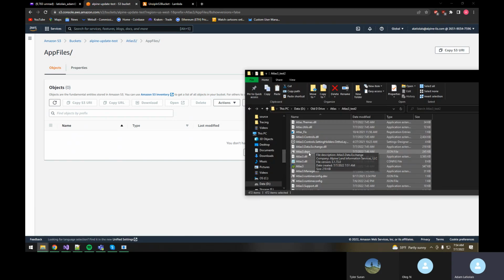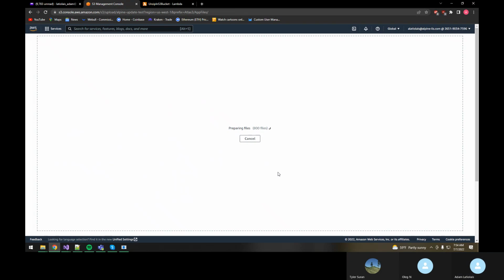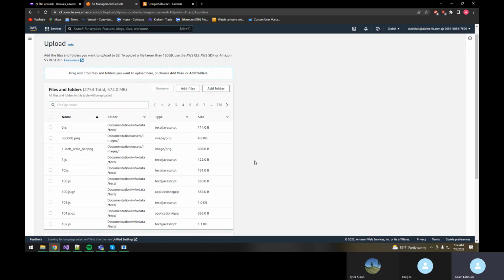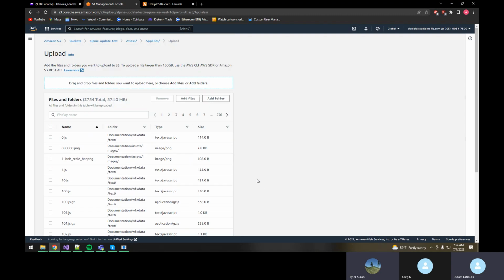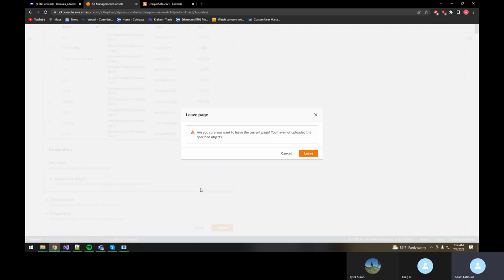That's what you'll do: you'll go in here, drag all these in, and then click upload, and it will upload all those individual files. And once that's done,